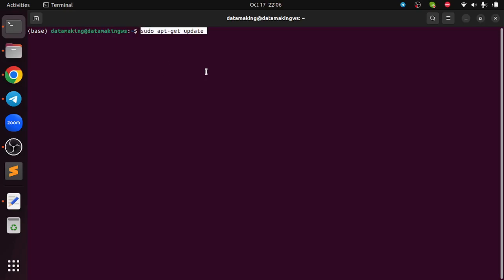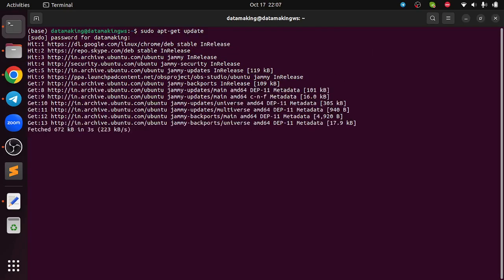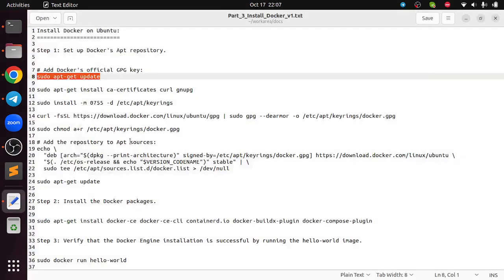I'm going to run the command sudo apt-get update. It's going to ask for the password of your user. Just provide it, and it will keep updating your package manager. Once this is completed, you can run the next step